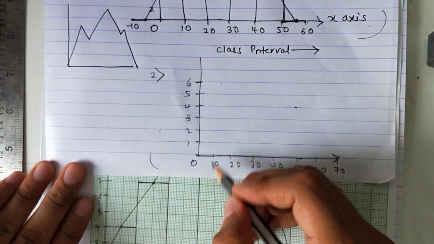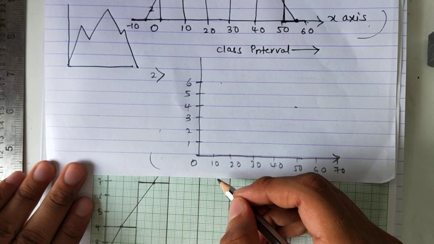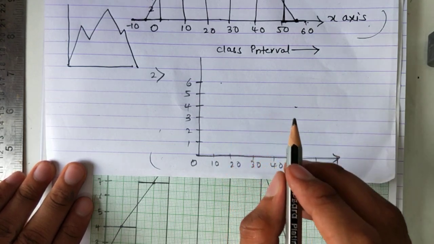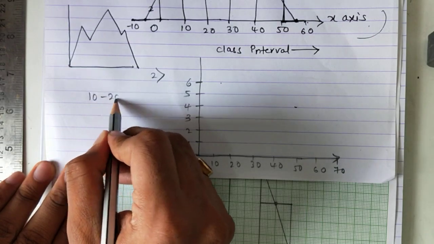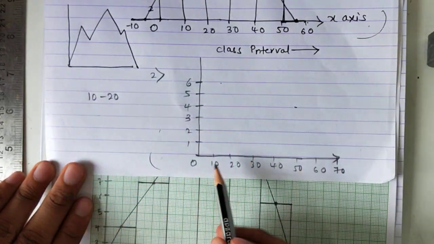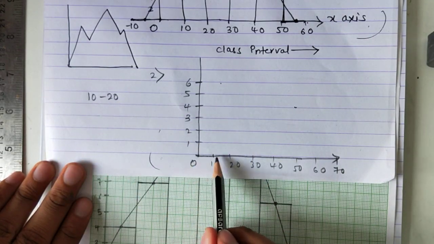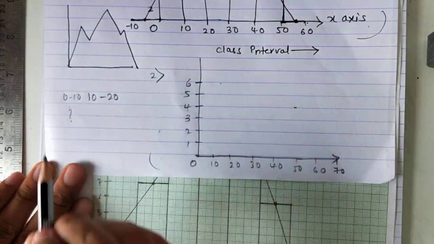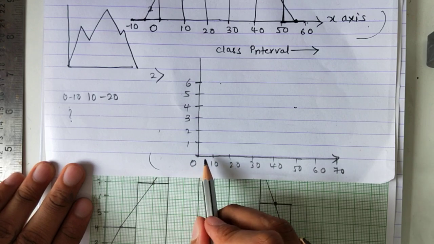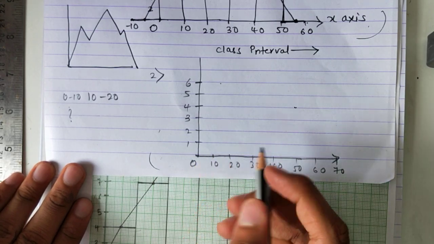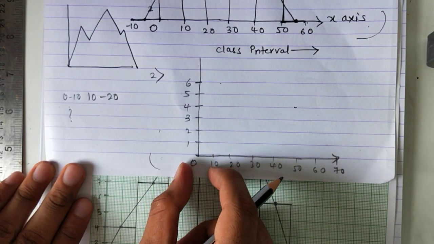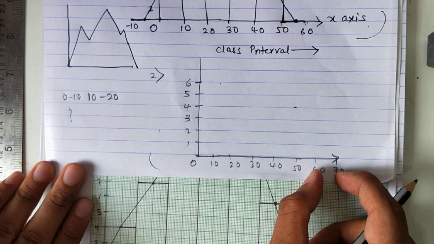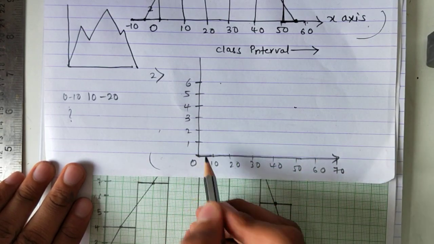Okay, then you draw the bar graph. Remember, in this question the interval starts from 10 to 20, so there is no interval from 0 to 10. There is no value for 0 to 10. So keep it empty, because we need one extra, correct? I have told you that we need one extra in the beginning and one extra in the end. So this will help us, 0 to 10.